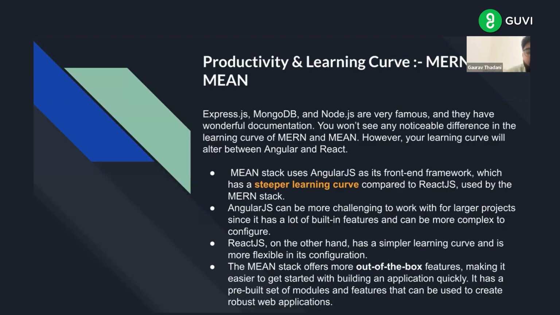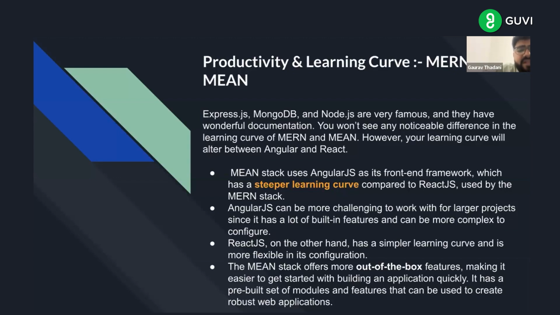Up till JavaScript, the path is the same. Why? Because both of them are libraries or frameworks, and they are the libraries and frameworks of JavaScript, right? So up till JavaScript, the path will be the same. Now you will get a differentiating factor depending upon your requirements and the learning curve. Suppose your placements are coming, or you want your work to be done, and you have the flexibility of choosing MERN or MEAN. Definitely, first of all, learn MERN,